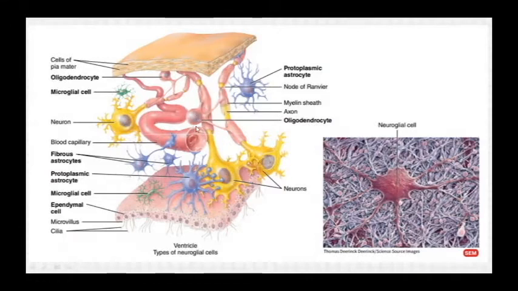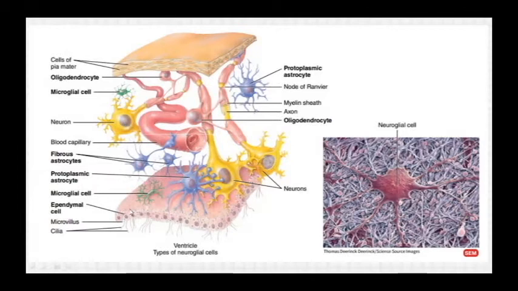Then we have the microglial cells. The two microglial cells, one is attached on the dendrites and one is attached on the ependymal cells, since they wander around the central nervous system as they look for foreign substances, cellular debris, and unused or dead nervous tissues to be phagocytized. We have here the ependymal cells just below the neurons. Those are arranged there to monitor and maintain the circulation of the cerebrospinal fluid.